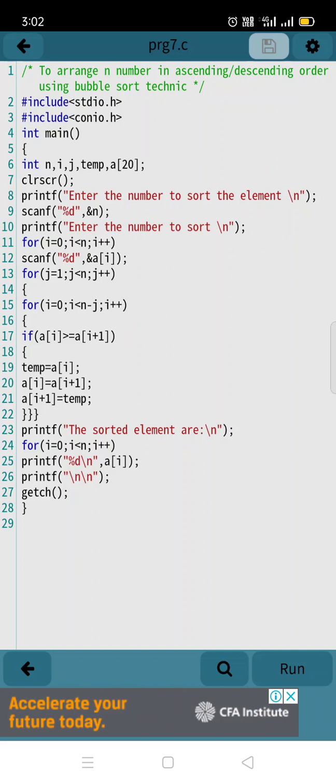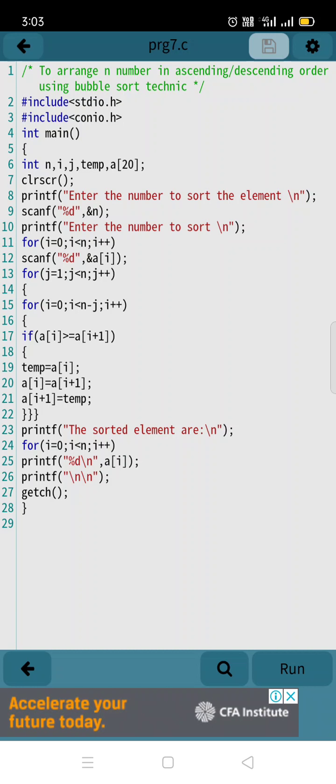And scanf is our input function. Whatever value you enter for the n variable is going to be stored in a computer memory location, and it is transferred from high level language to low level language using this format character in the scanf function. After that, the user is asked to enter the numbers to sort. Which numbers we need to sort, those many numbers we need to enter here.